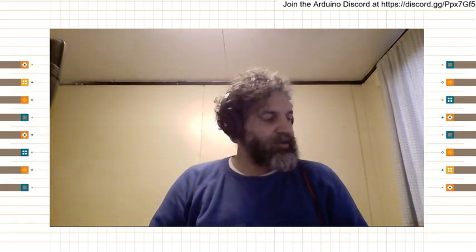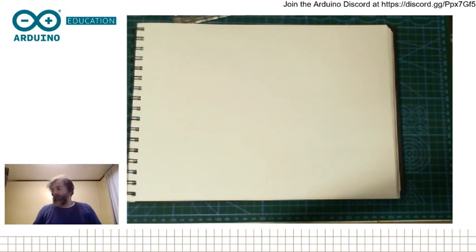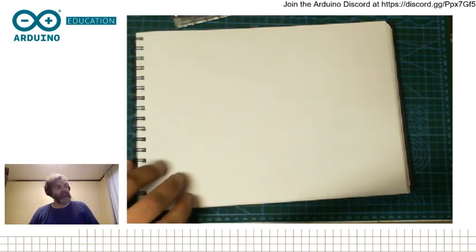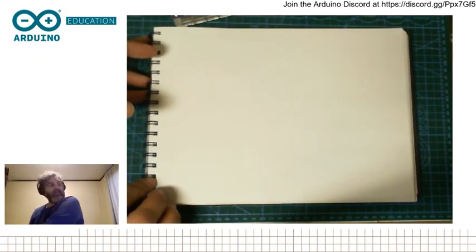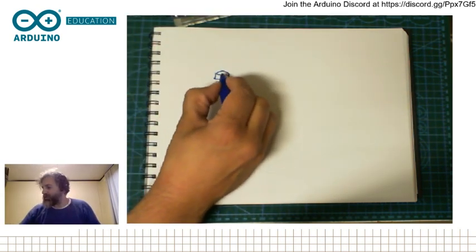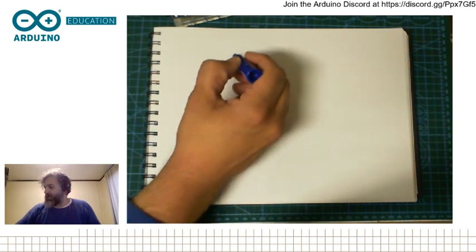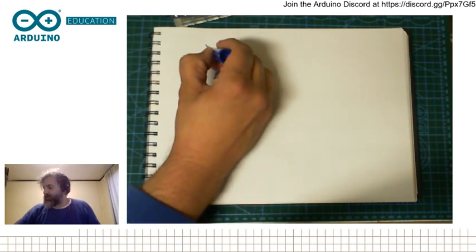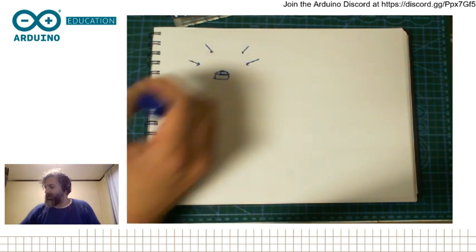So what this sensor does, and let me just change to the top camera so I can make the classic drawing and explain a little bit how it works, is that it has this sensor, and this sensor can detect light.